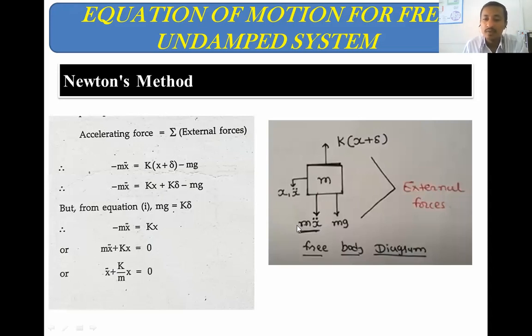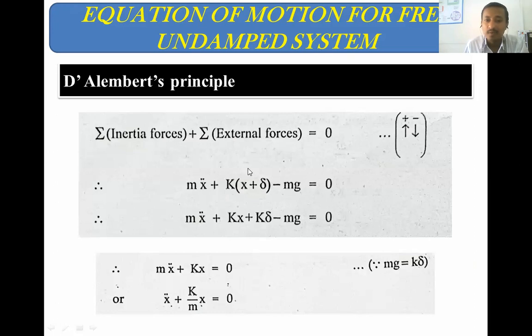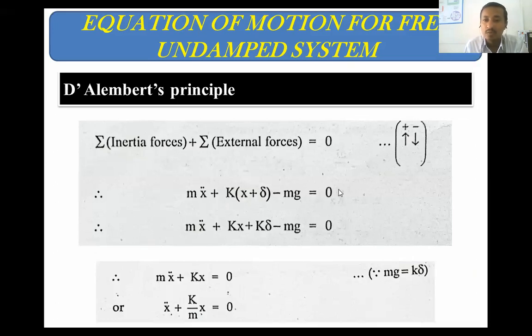Now look, accelerating forces are vertically downward. So inertia force means it is in the upward direction. So inertia force and accelerating force are exactly in opposite directions. Therefore, when we solve the equation, mx double dot in D'Alembert's principle will become plus, and the remaining will be the same. So inertia force means plus mx double dot plus k, remaining will be same, k into x per delta minus mg is equal to 0.